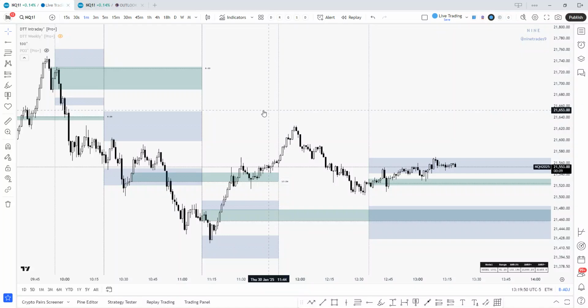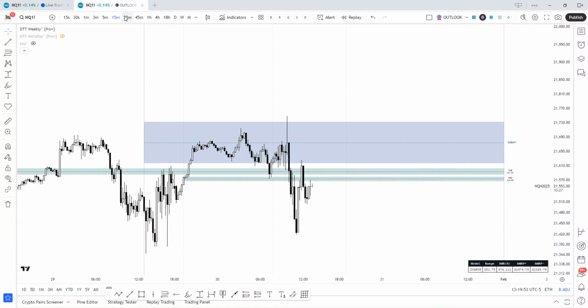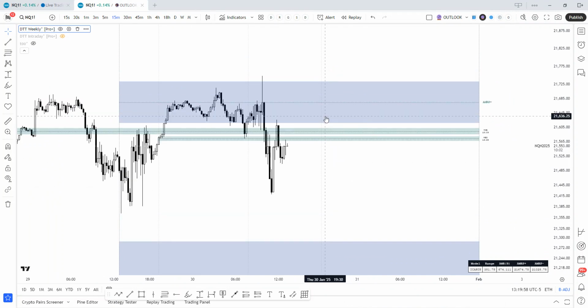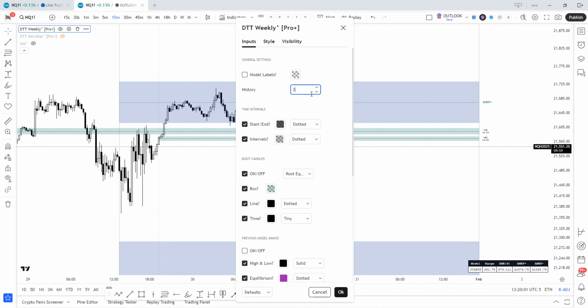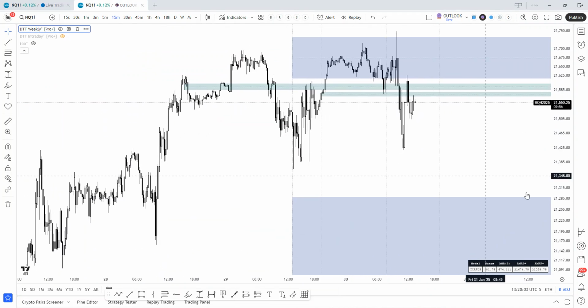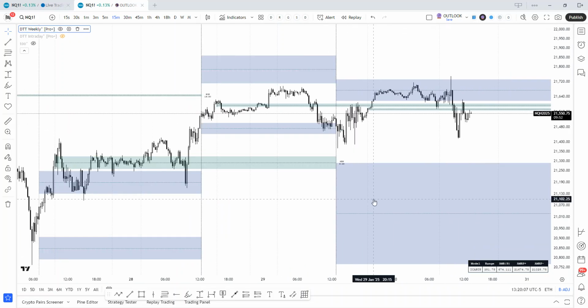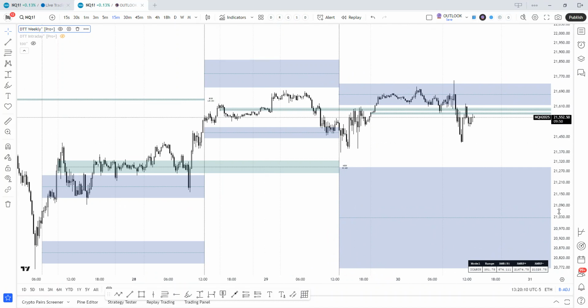Or if you're into swing trading at the same time, you can use the weekly models. So we can see AMRP being used there with the root candles. And let's look back a little bit in history here, and we'll see how it's been used throughout the week. Same idea. So if we were to zoom in there,